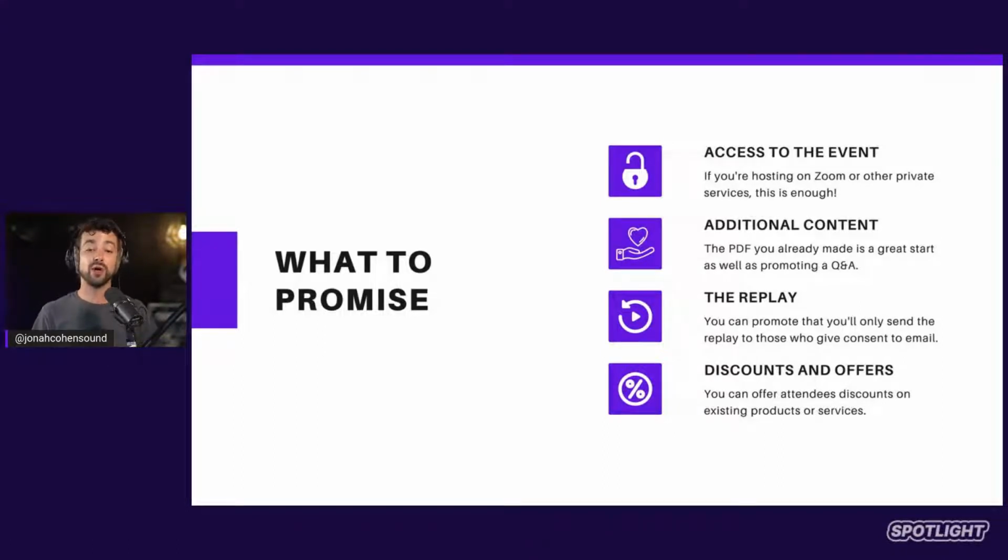First off, if you're hosting on Zoom or private services, I'll cover some of those strategies in a minute. But if you're hosting in a scenario where you need to send someone a link to the live event, sometimes that can be enough, just access to the live event. So you're telling people on this time and date, I will be hosting this event, and you need to subscribe to my email list to get access to it. I'll email you a link to the event. That's one way to go live, and that's one way to capture an email. However, you are going to want to use some combination of these things.